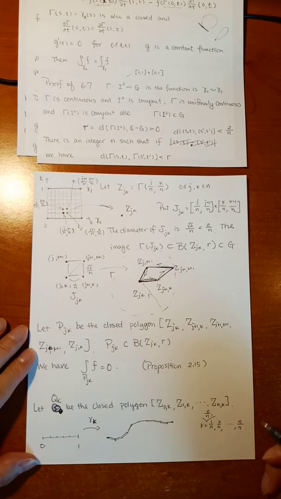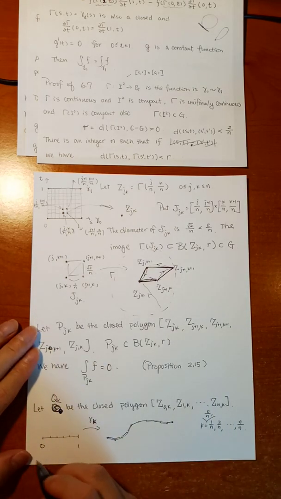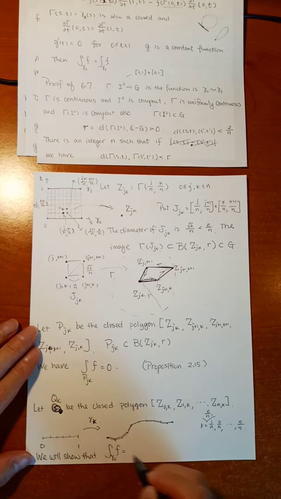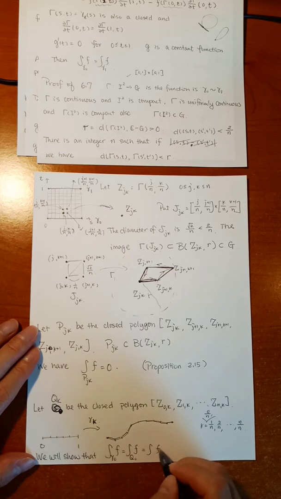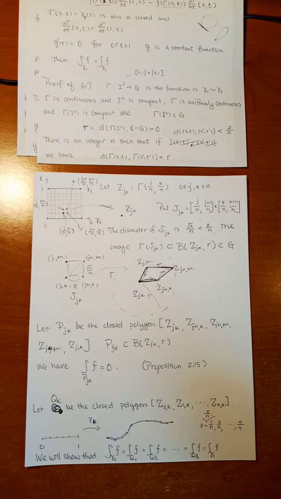Up to n over n. So it's from 0 to 1. From 0 to 1. All right? We will show that the integral of f along gamma 0 is equal to, every step should be proved, the integral of f along q0, which is equal to the integral of f along q 1 over n, and eventually is equal to the integral of f along q n over n, which is the integral of f along gamma 1. Okay,